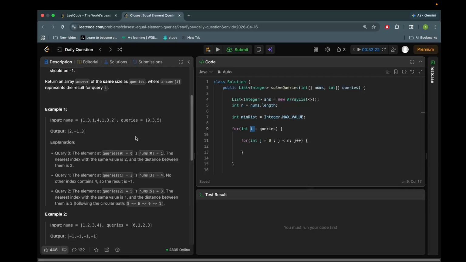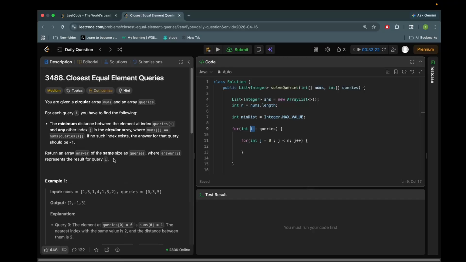The same value is at 0, 1 and 2. I don't get this part. So where nums j equals nums of query 0, which is 0, nums j equals to, okay, so